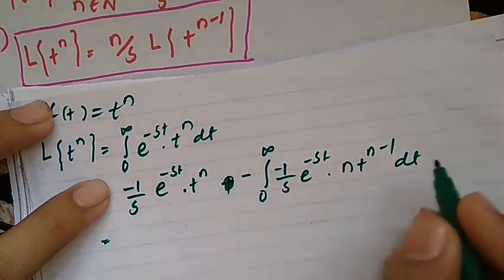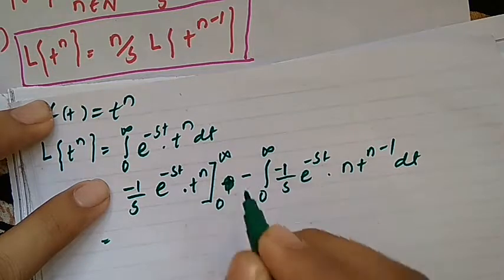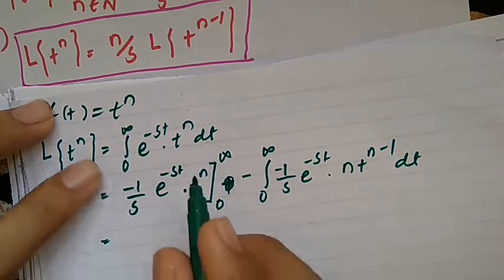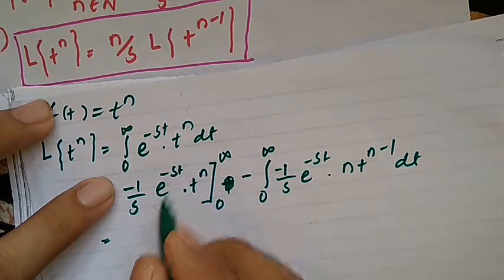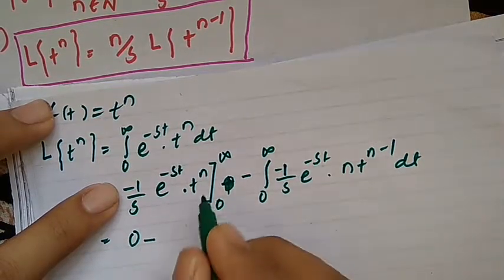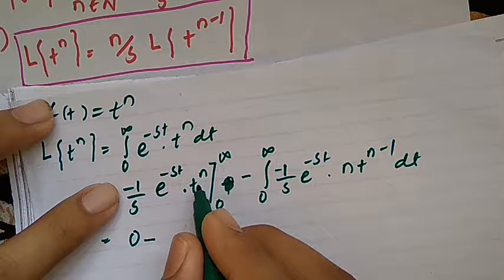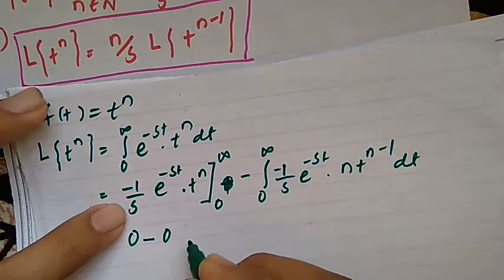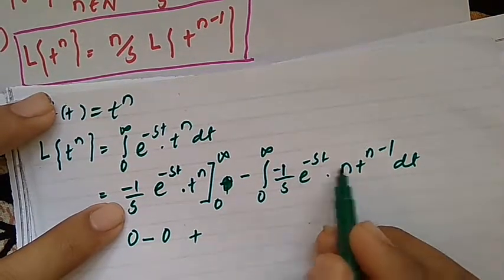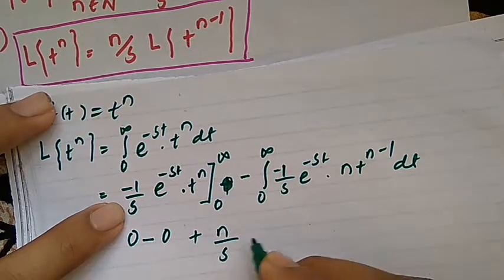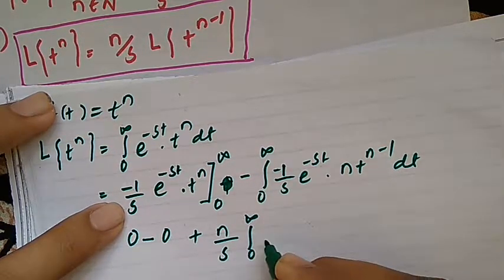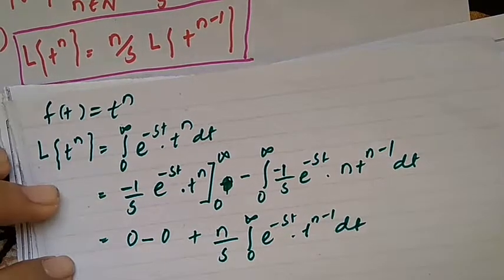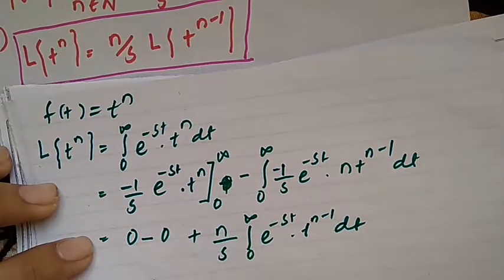Putting the limit 0 to infinity here: this is minus 1 by s e to the power minus infinity, which is 0, since e to the minus infinity is 0, minus the value at 0, which is basically 0. Minus and minus will give you plus. Taking the constant outside, n by s, the integral from 0 to infinity of e to the power minus st into t to the power n minus 1 dt. So this is 0 plus n by s